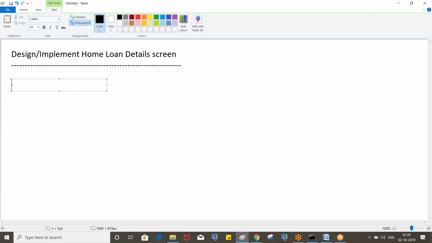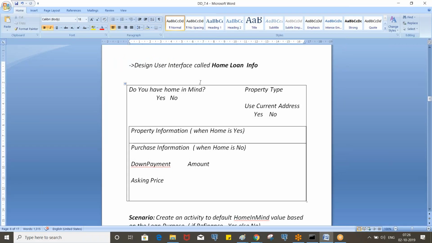This is required for only home loan, so we need to create the screens under the home loan class. We don't need to create under the work class. The screen is going to be like this.